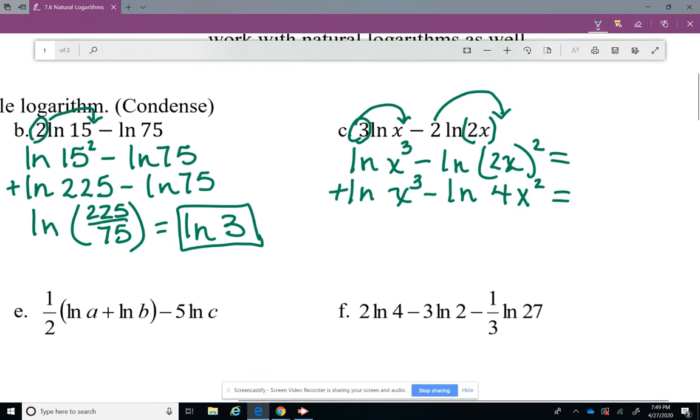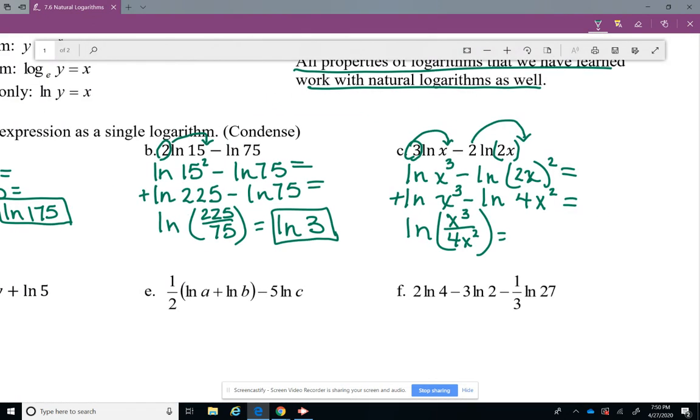I guess I could put equal signs out here like that, couldn't I? All right, so we're going to do the natural log of x cubed over, I'm going to put this in parentheses, 4x squared equals. Now remember,